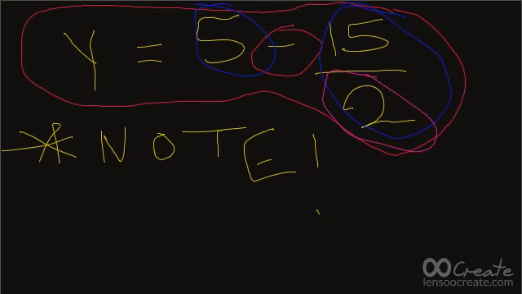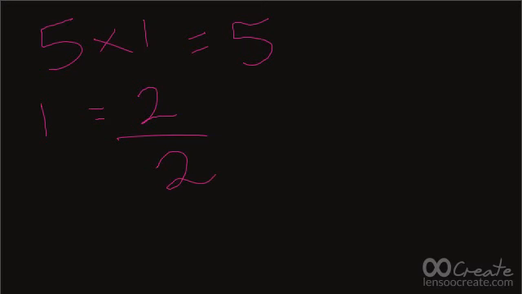And to not change 5, I'm going to multiply it by a fraction of 1. So 5 times 1 equals 5, right? 1 equals 2 over 2. So I'm going to take 5 times 1, which equals 5, times 2 over 2,